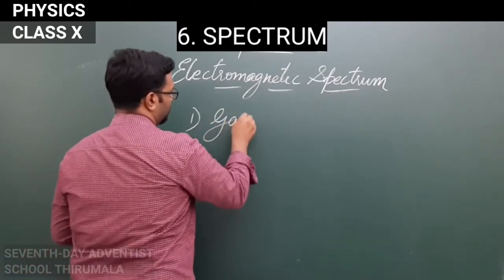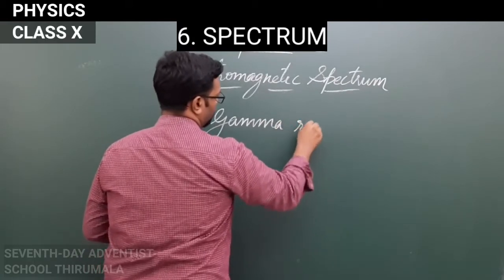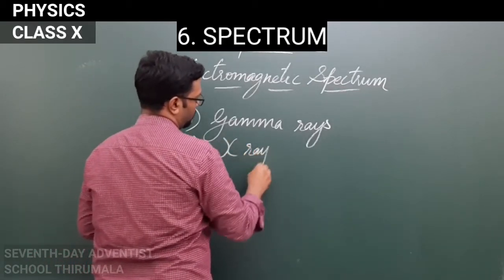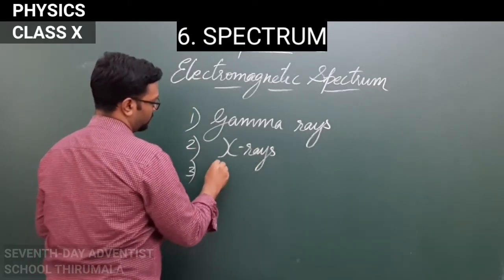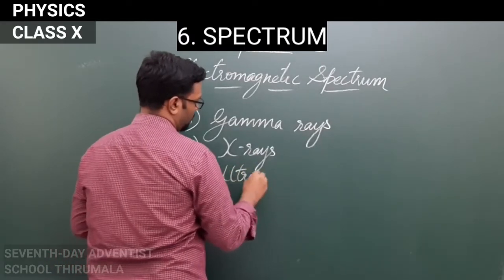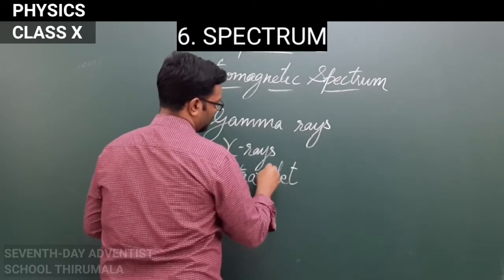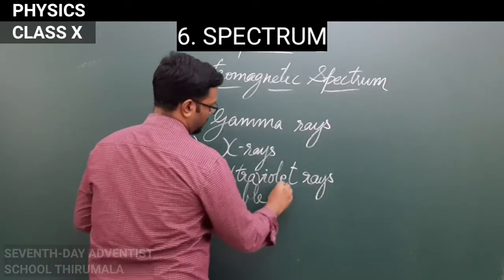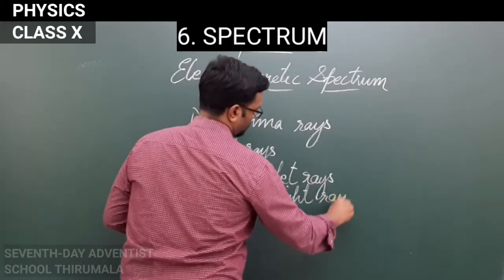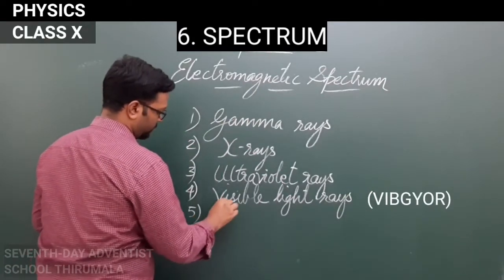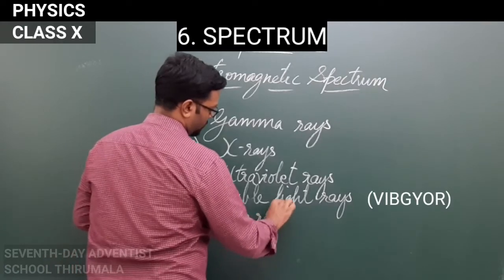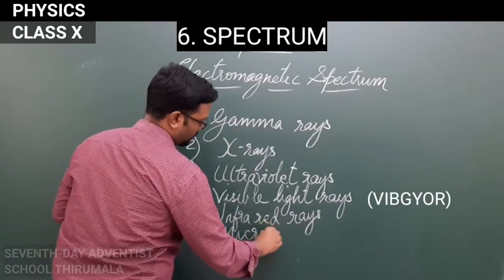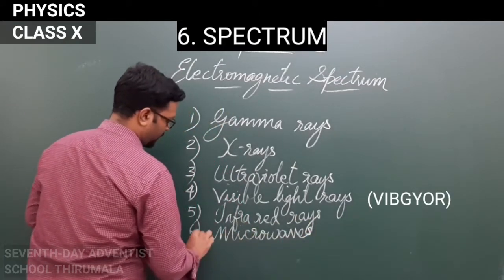First one is gamma rays, second one is X-rays, third one is ultraviolet rays, fourth one visible light rays, fifth one infrared rays, microwaves, and seventh one is